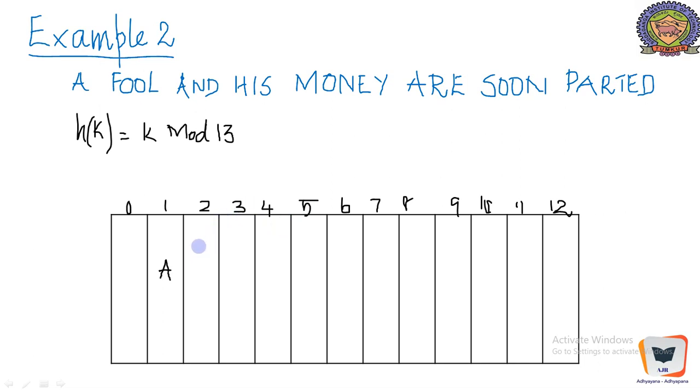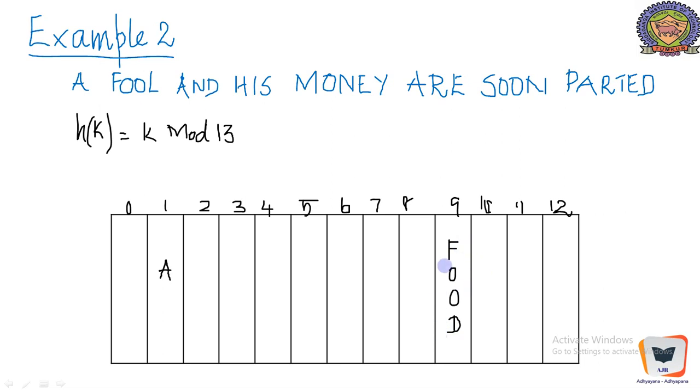It should be a string array. And fool gets 9, of course fool will be inserted over here. To see how to calculate these hash values, you are requested to view tutorial number 4, wherein it has been elaborately discussed.